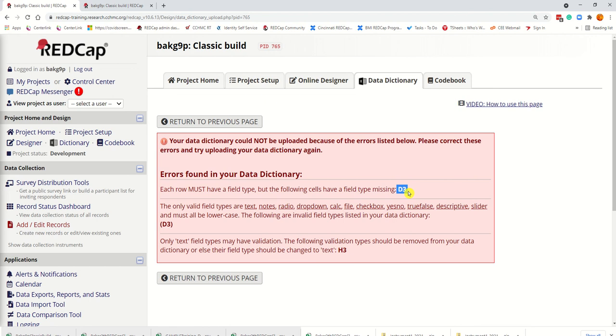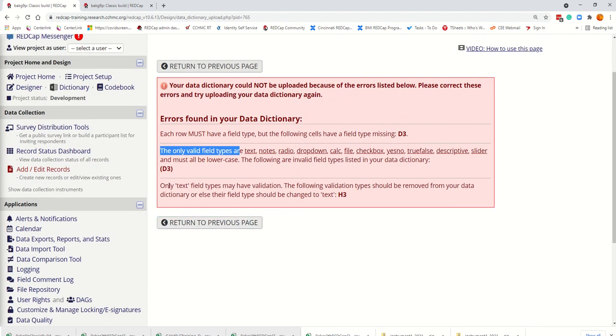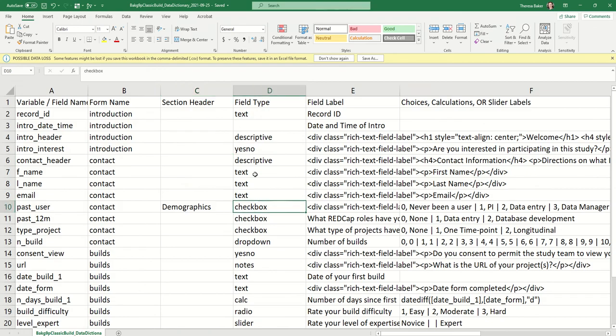So it's telling me to look in D3, and that the field type is wrong, and it says these are your options. So go back over there and fix those options. And then here it says only text field types may be validated. So something's wrong with H3. So we're going to come back to D3. This is D3, and we're going to type in text. And then